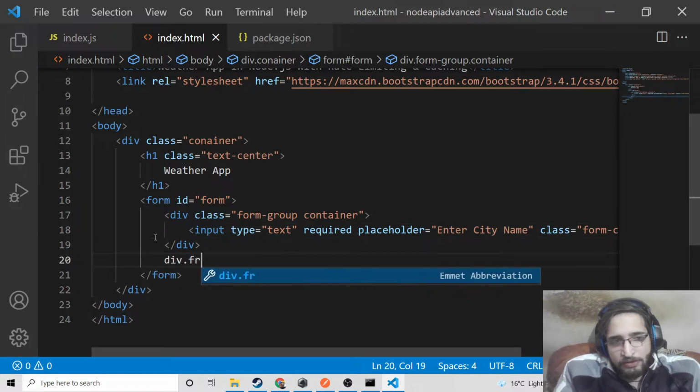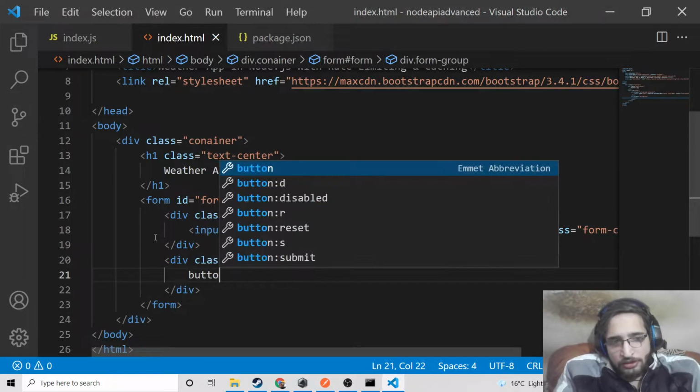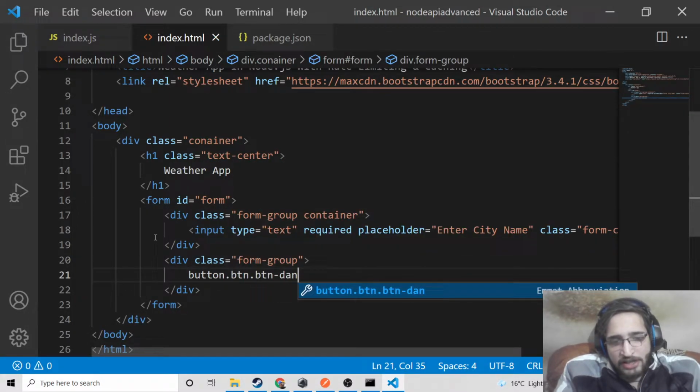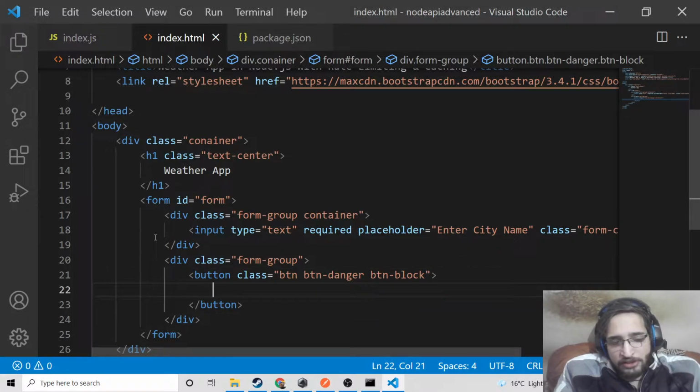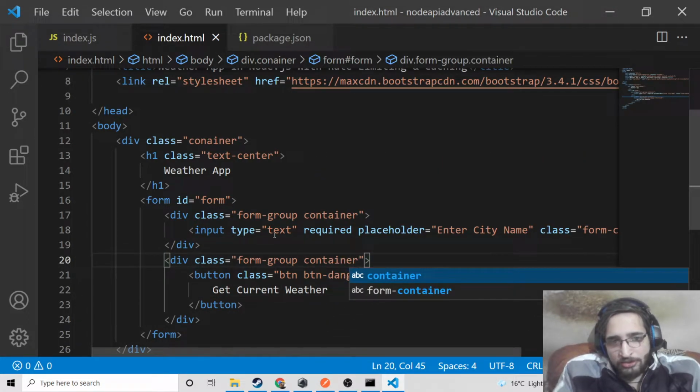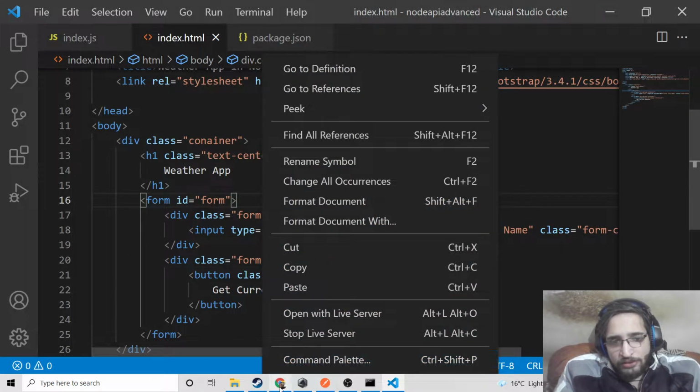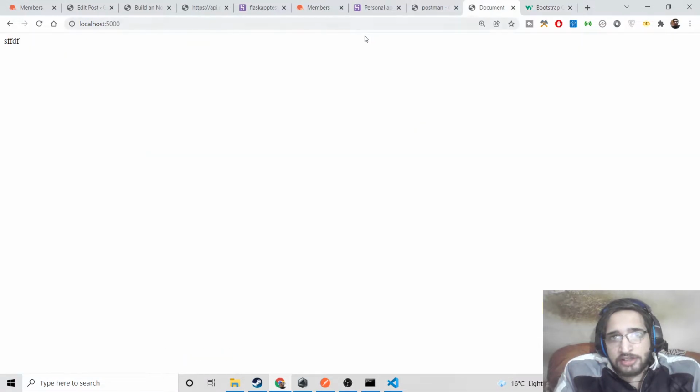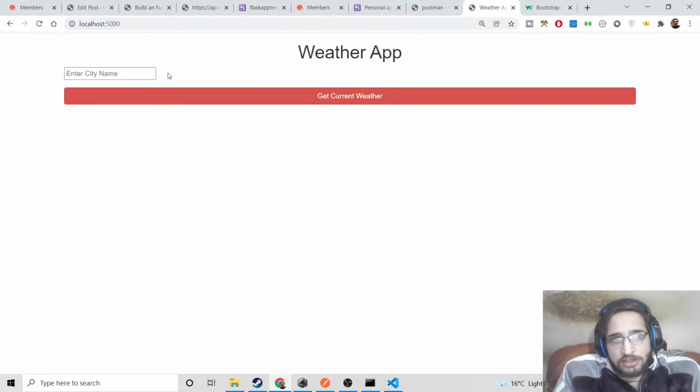And after that we will have a simple button to submit the form. We will attach some classes: btn btn-danger, btn-block, and simply say get current weather. So this will be a red color button, and we can also attach the container class of Bootstrap. That's it. Now if I open this application at localhost 5000, you will see this is a